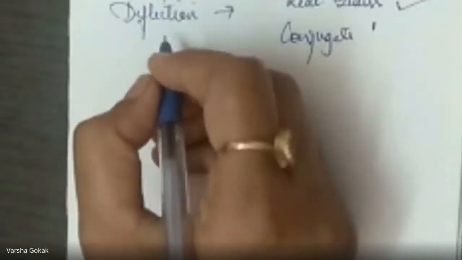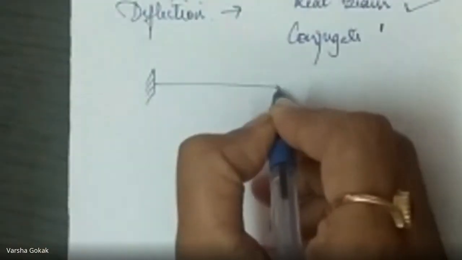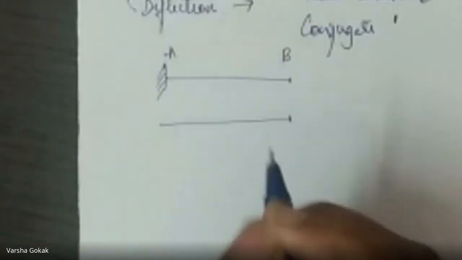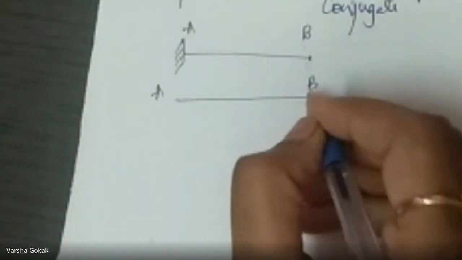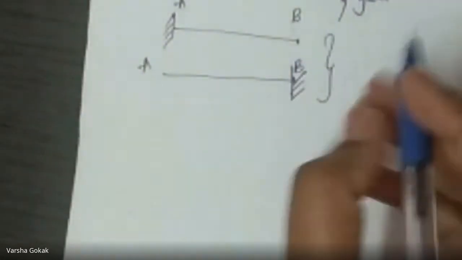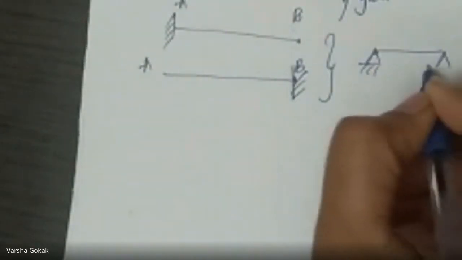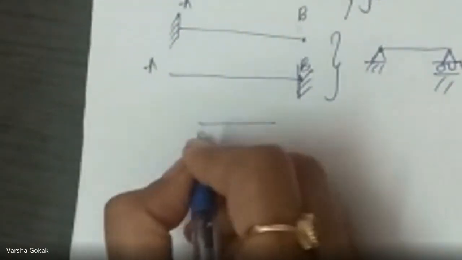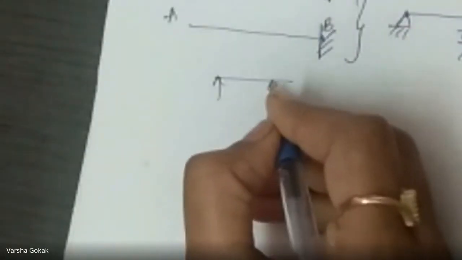For example, if you have a cantilever beam with support A and support B, how do we draw the conjugate beam? In the conjugate beam, this will be A, this is B, but B here is free, and in the conjugate beam B becomes fixed. So the majority of change is only in the cantilever beam. If we have a simply supported beam, one hinge and one roller, then it will remain the same. One more thing: if it is an overhanging beam, then the support near the overhang will be called an internal hinge.